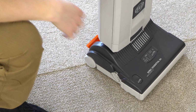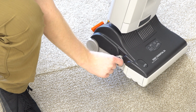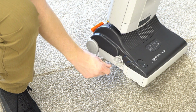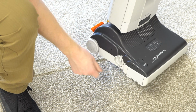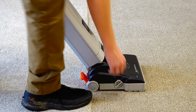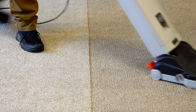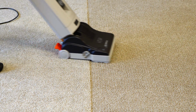an area rug. One of the major differences between this and other SEBO uprights is it has a mechanical height adjustment, 1 through 4, to adjust it for different piles of carpet. So if we're going to a higher pile, you can adjust it to a higher pile. And it's kind of a set it and forget it thing for most institutions, but that's where the height adjustment